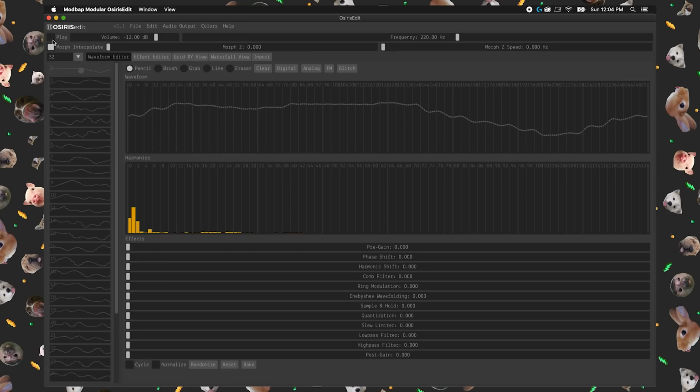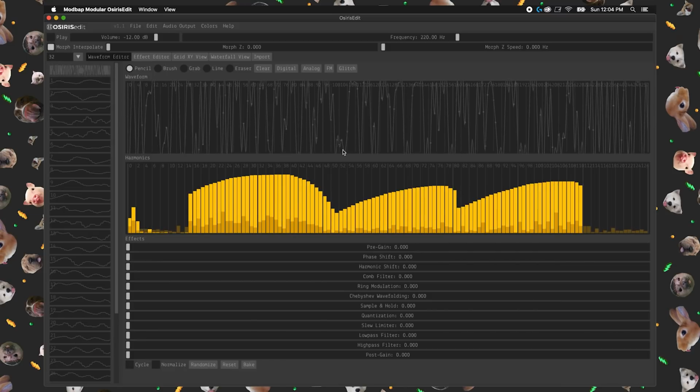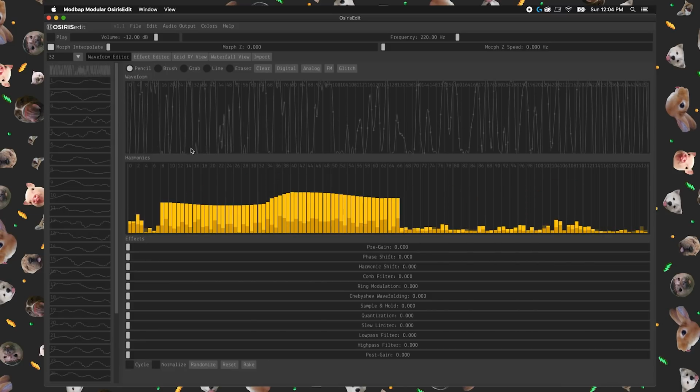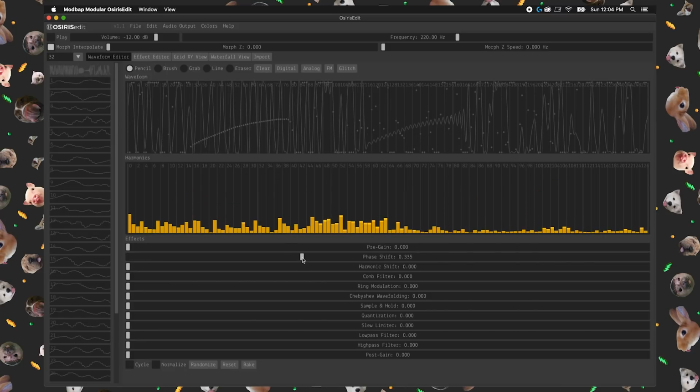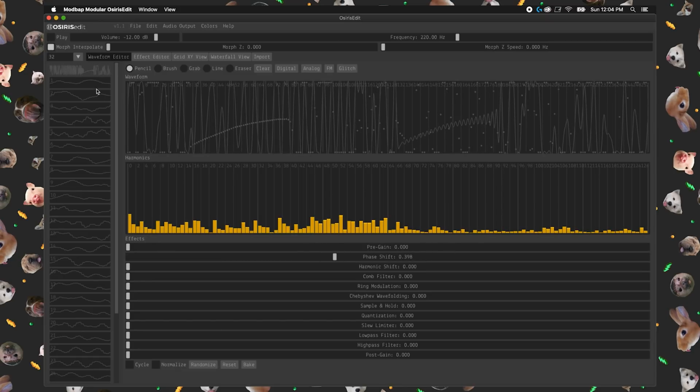All right, so welcome to Osirissedit. This is a customized version of the open source wave edit software, and it's got some cool features. So you can see on the left here, we have 32 slots. These are our waves in the wavetable. Each one can be adjusted manually via drawing. You can draw in the harmonics. You can go in here and play with the effects. And then if you hit play,